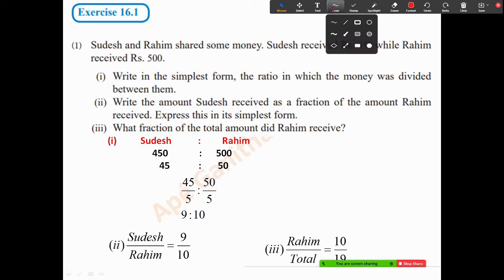Let's see a problem in the exercise. Sudesh and Rahim shared some money. Sudesh received 450 while Rahim received 500 rupees. Write in the simplest form the ratio in which money was divided between them. We had to write in the simplest form. Sudesh received 450. Rahim received 500. So, Sudesh to Rahim